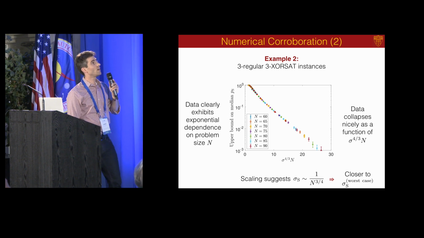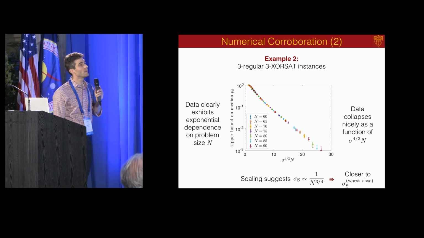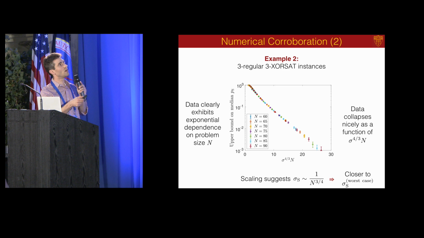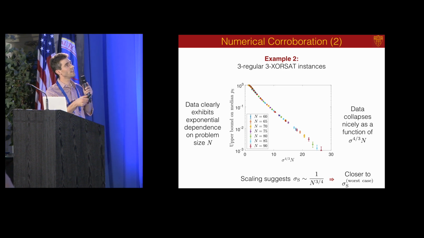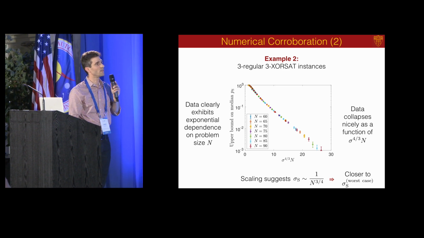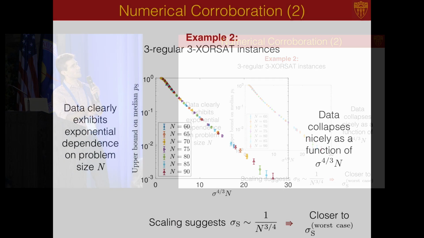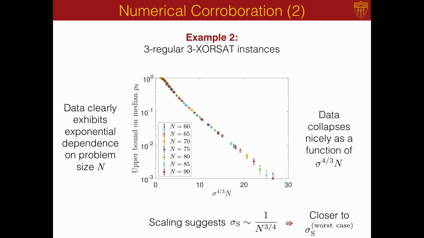So these are the results for this instance. Now again, it's a log scale on the y-axis, linear scale on the x-axis. The scaling is now sigma to the 4/3 n. Again, the data shows this clear exponential dependence on problem size. And now the data collapses nicely as a function of sigma to the 4/3 n, which then suggests that